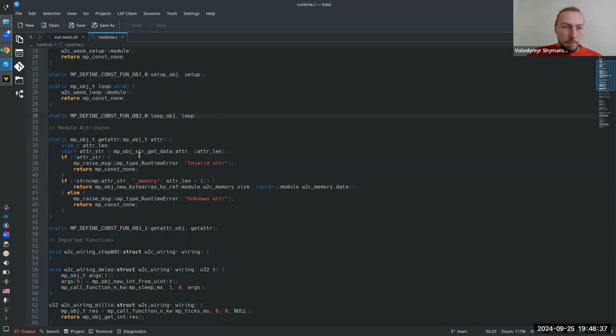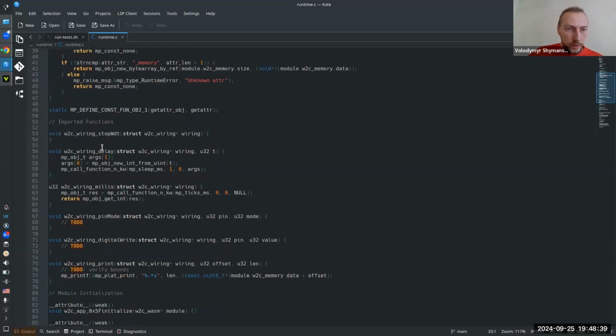Now, for instance, we also want to provide some functionality to our wasm file, like a delay function. This could also be somewhat automated, but for now this needs to be hard-coded.